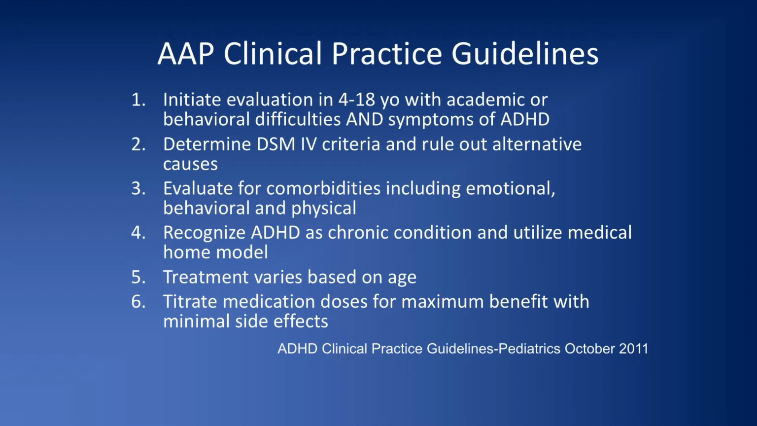And so what they recommend, and AAP is American Academy of Pediatrics, is that the evaluation could be initiated if you're a pediatric physician between 4 to 18 years of age. I work with primary care physicians as well who work with adults. And it's important to determine whether people meet criteria. This says DSM-4 because this is from the 2011 guidelines, but now we're in DSM-5. And I'll go into more detail about some of these other areas, but it's really important to look at whether ADHD is occurring by itself, if it is ADHD, if there's other issues that may be mimicking ADHD as well,